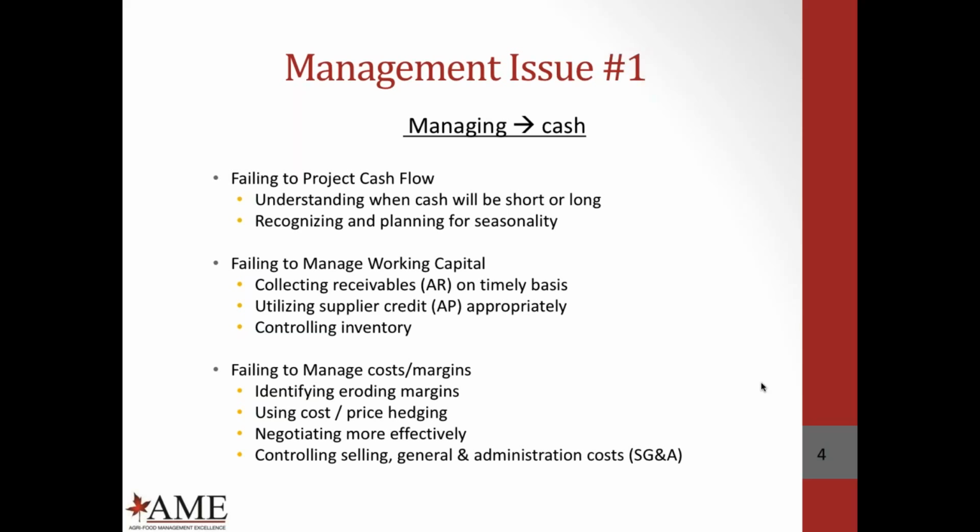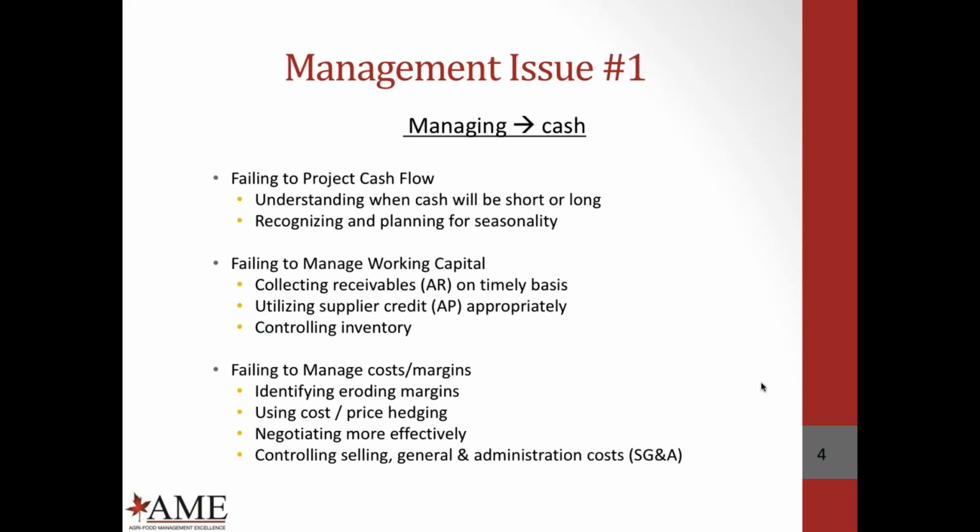It's using cost and price hedging. So for those of us, for fertilizer, we tend to be buying it early because the price is less. We prepay a lot of our seed because the price is less. Or if you're selling, using price risk management tools to optimize and protect your pricing. So there's factors that you need to look at there, and if you're failing to manage it, it's costing you